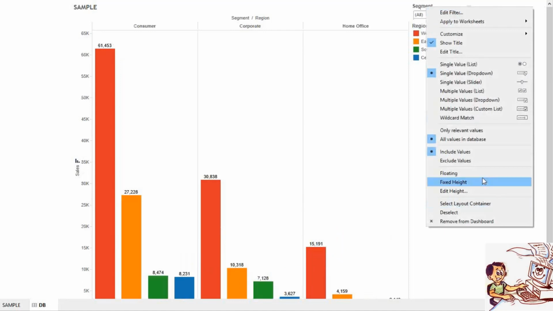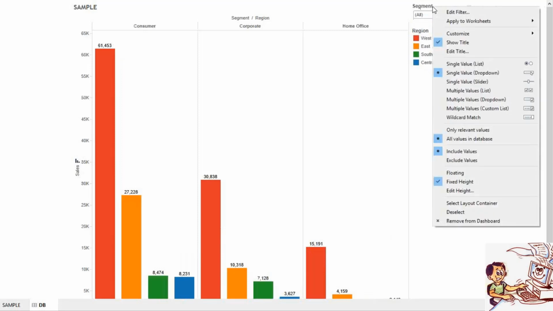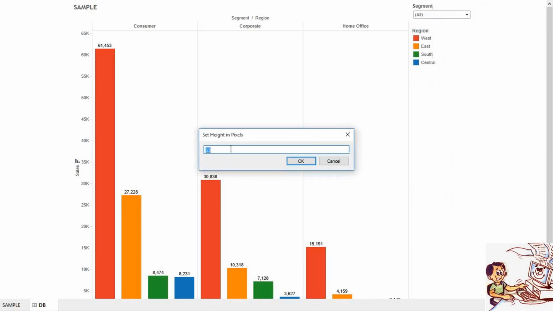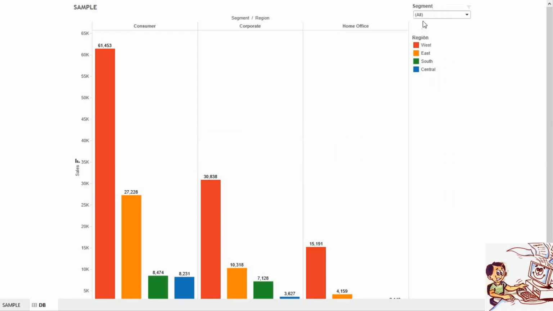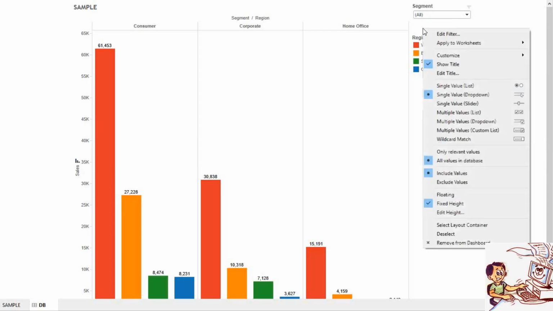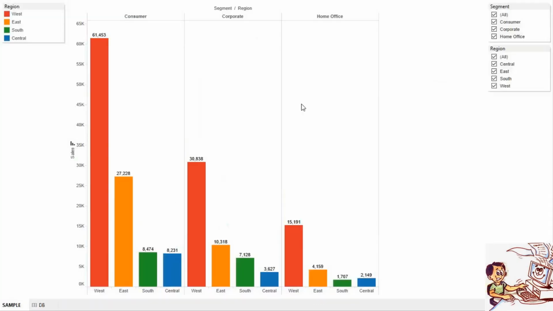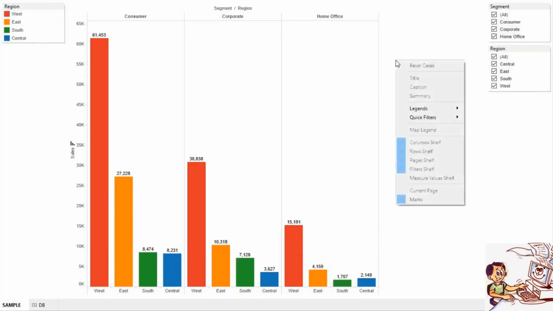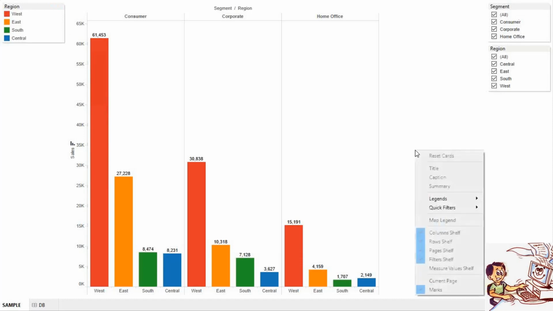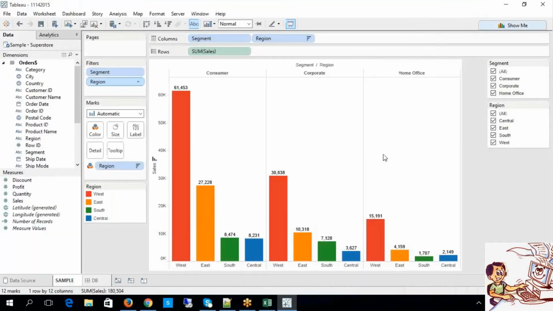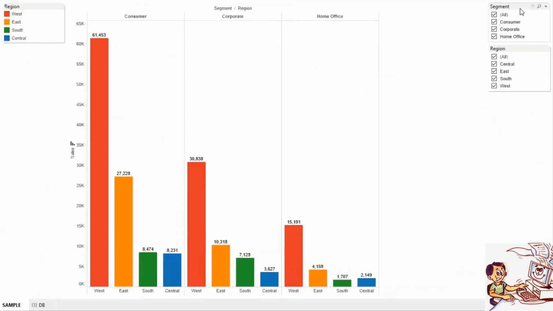Okay, right guys, and you can define some fixed limits and fixed heights, everything you can define at a pixel level. Look at the difference, the gap that you are maintaining, everything, okay. Layout containers, this is what our layout containers, how they look like, all those things, okay. Yeah, so this is what quick filter functionality is. You can play around with this, guys, okay.